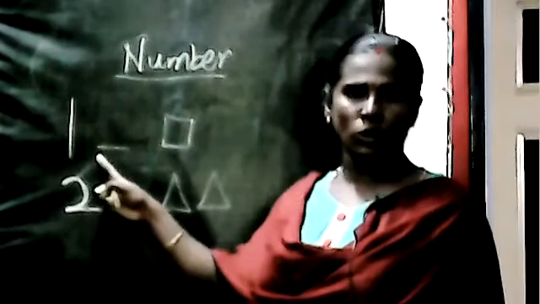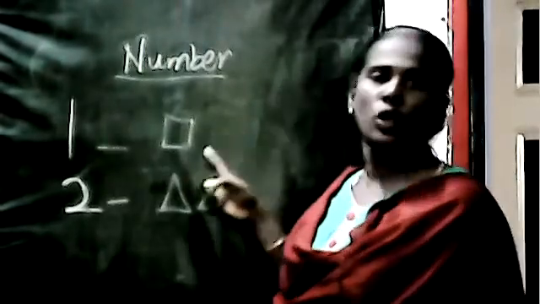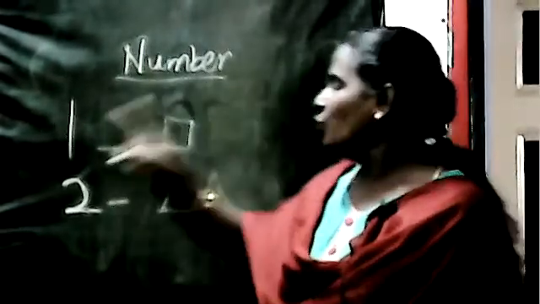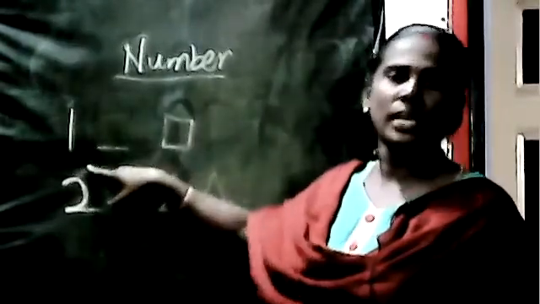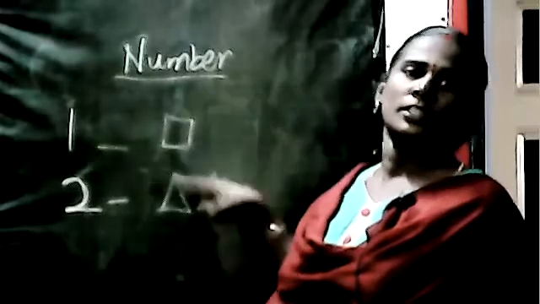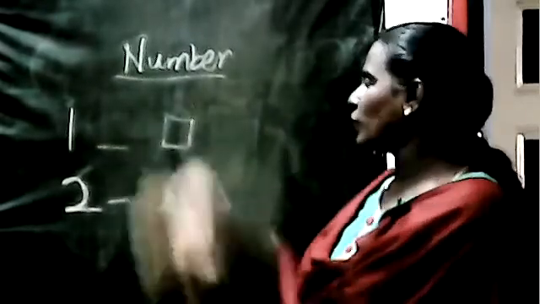So what you should do, you should know to write the number also, and you should know to draw the objects also. You should see what number is given there, and you should draw so many objects. Okay, so we have learned 1 and 2. Then what else did we learn? Children? We learned about Tamil. In Tamil you learned உயிரெழுத்துக்கள்.